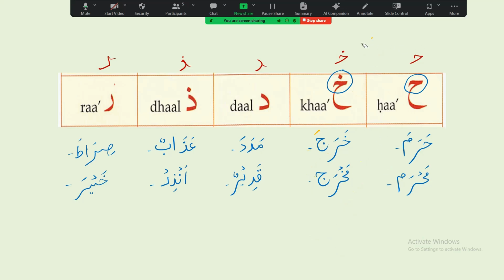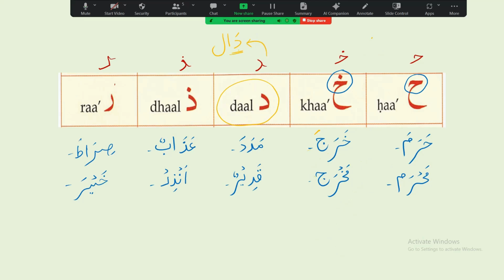Okay, so the next alphabet is actually very, very easy. This is Dal alphabet, sisters, and for this Dal, you are not supposed to get worried because Dal letter does not change its shape. It remains intact, regardless of its position in any word. When it comes at the start, it is very simple. Let me just write it as well. For example, when I write it like this, when Dal comes at the start, it is very easy, very simple